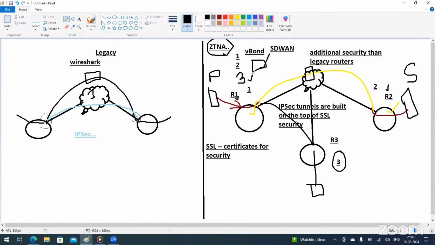No, whitelist means defined, right? Yes, we need to manually type the serial number at vBond, so that this is the device that is trusted and you can accept its connections. You can allow this device to participate in the SD-WAN network. Yes, right. Okay, clear now? Yeah, clear now. Thanks. Okay, good.